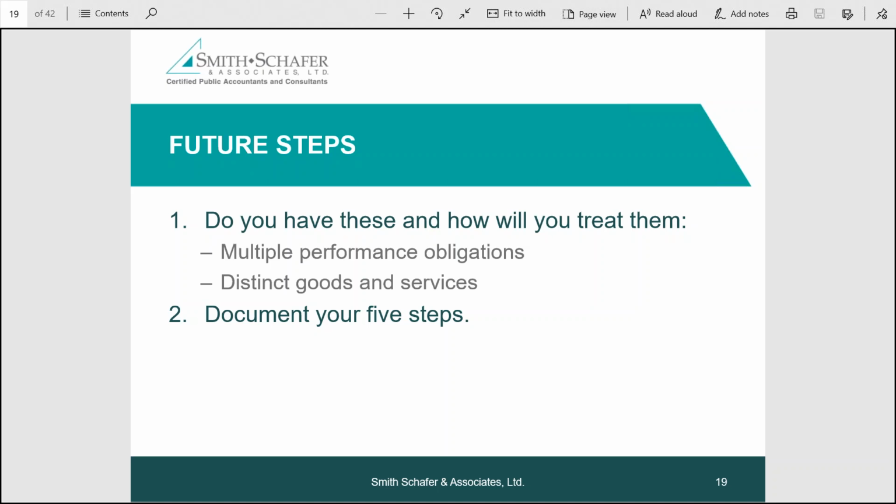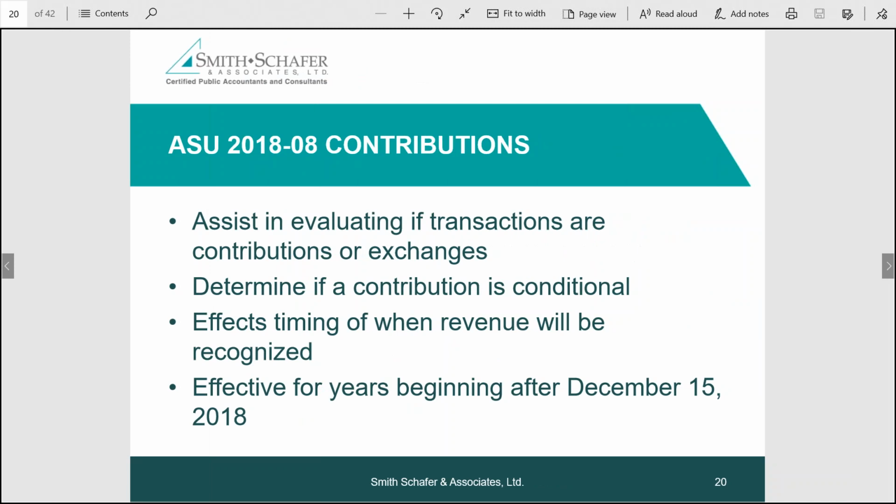So that's a real quick summation of what our first revenue recognition standard is addressing. And again, it is the wide standard. It's for for-profit entities, and it also covers nonprofits in their specific transactions. So we're going to move forward to part 2 of revenue recognition, and we'll move forward to ASU